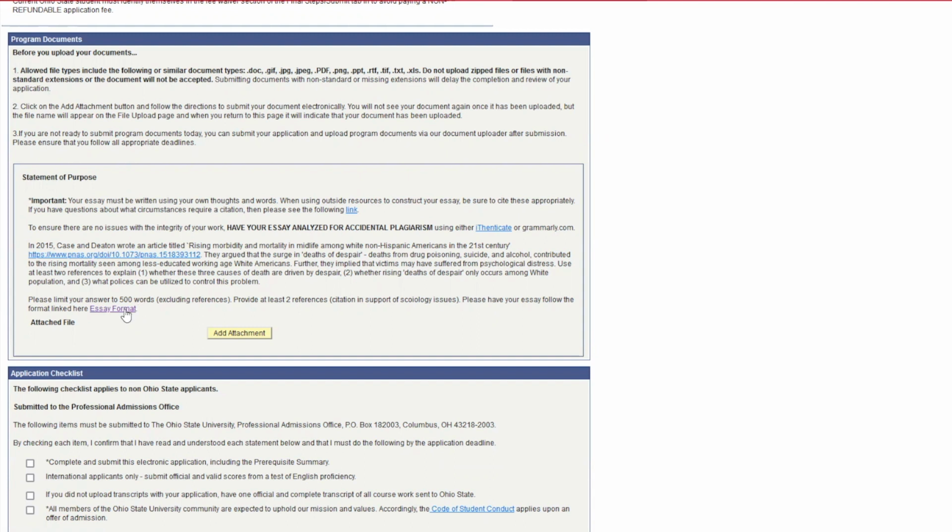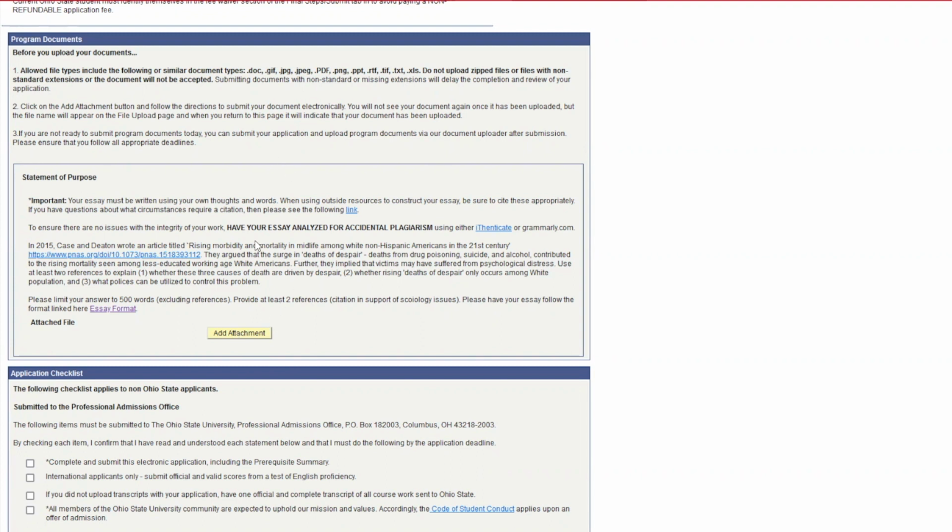So if you click on the essay format, it will take you to a sample document that shows you exactly how to format that essay. My advice would be download a copy of that and then work from that document to fill out your essay. And to that point, I would also strongly encourage you, if you haven't started on the essay yet, to copy and paste the essay itself. Save that to a Word document. And so that way you can work at this at your leisure. You can get it reviewed. Make sure you feel comfortable with that before you click that add attachment and then update your essay.